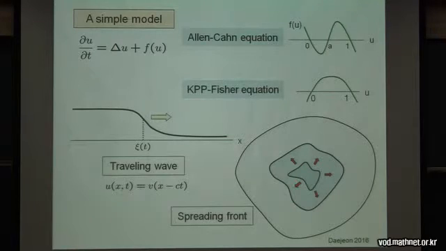Then you will observe an area where the value is close to 1, which is a stable point of f. So the solution wants to approach 1 as time tends to infinity. So this area is close to 1, and outside there is a transition layer, and outside there it is close to 0. So the area where u is equal to 1,